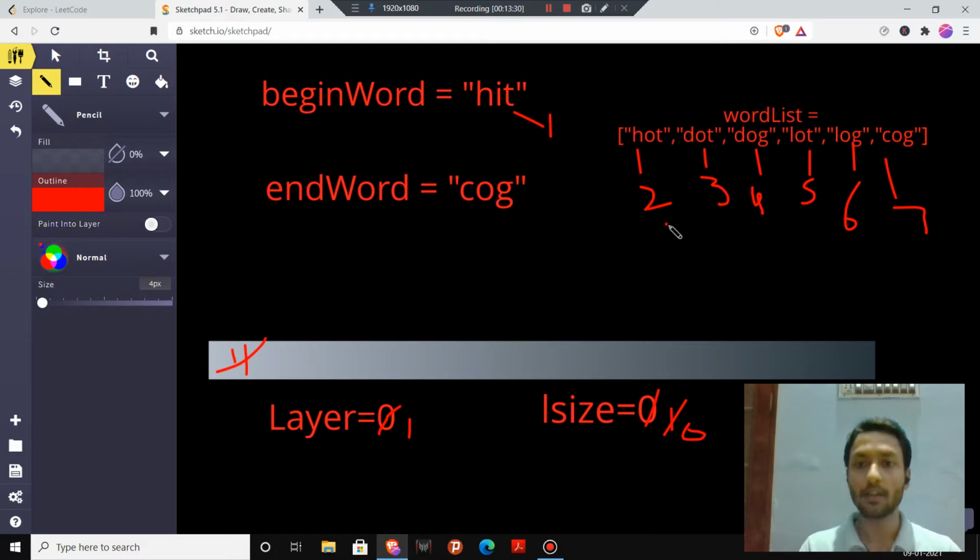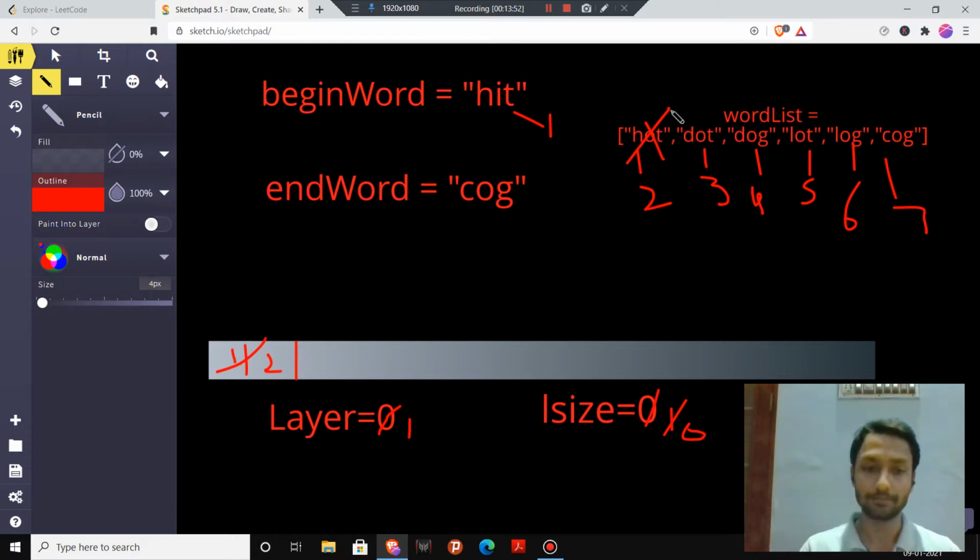Now we will push the words that we can make from hit. Hot is the only word that we can make from the word hit, so we will push this into the queue, and we will remove it from the word list.